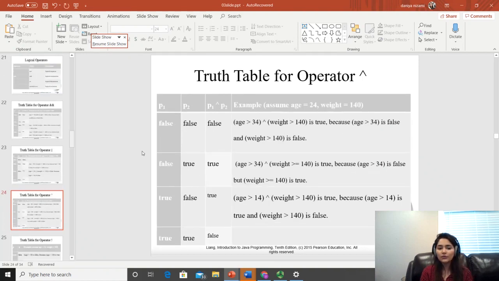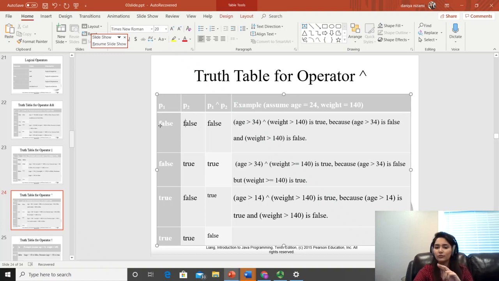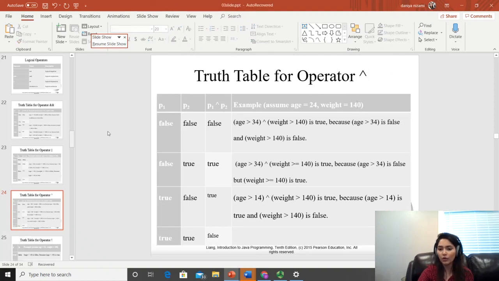We have exclusive OR. What this does is it looks for the alternative expression. So for example, one side is false, the other one is also false. So there is no alternative true and false, right? So your answer will be false. If you have one side false, other is true, then your answer is true. One side true, other is false, answer is true. Same false or same true will give you answer false. Okay, so this is what exclusive OR does, and you represent it like this in programming, exclusive OR.